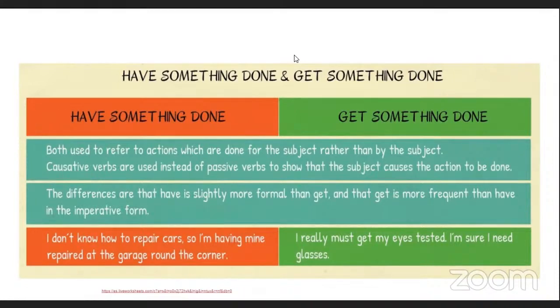Sorry, again, your two examples, please. What could be the difference between I had my car washed and I have my car washed? Well, I have will be in the present and had will be in the past. Okay, I have my car wash. No, in that way you will need the verb in the base form, not in the past. But in this case, if we are following this structure, everything is in the past. So it's a past action, something that you did in the past. I had my car washed.